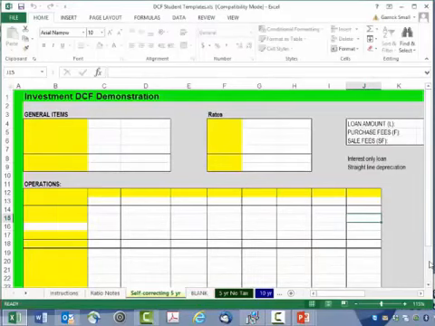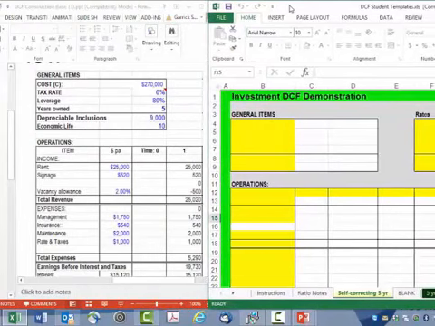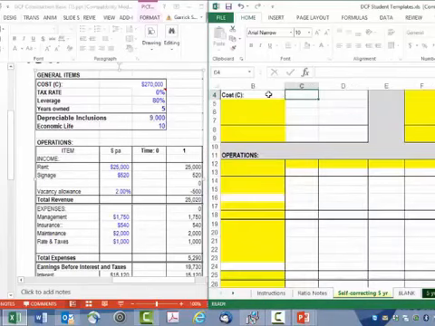Here I have the student templates model out, and I've got it set at the self-correcting page. What I'm going to do is just shift it across so I can look at my PowerPoint numbers, and I can start to transfer some of this data across. I can write in these numbers, so I'm going to write costs, and I'll write it exactly the same as it is there, and you'll notice my